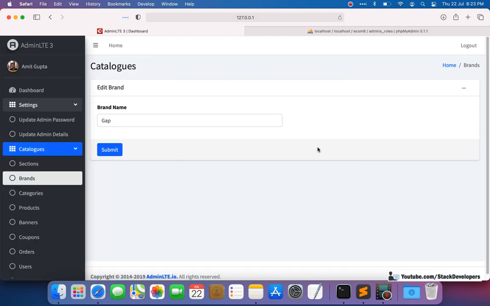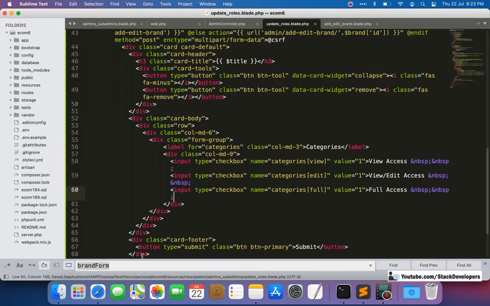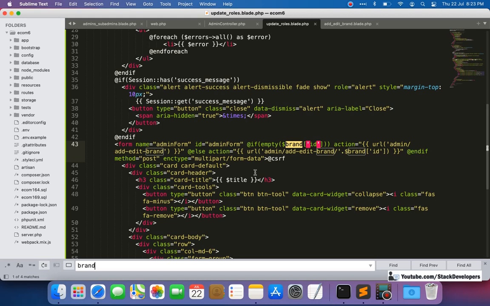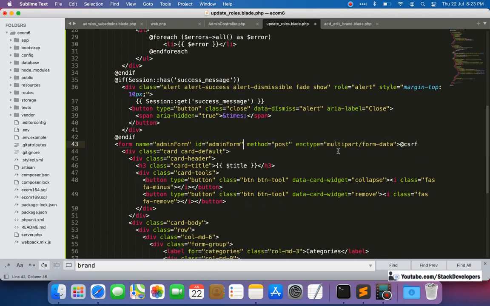Okay, so now we are going to check here. First of all, I will make sure this brand is here. In the form, this one is not required, so we can remove this. Just action is required, and this one also is not required. Method post and action are required.